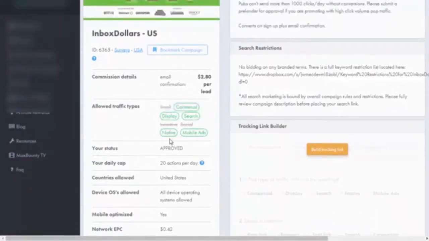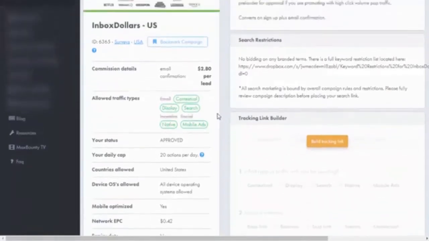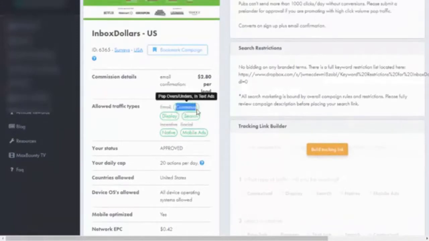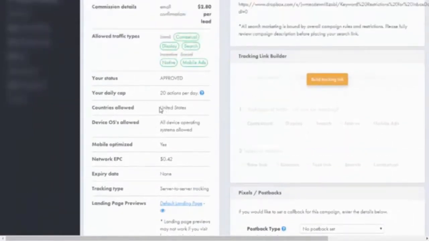So this is great, and you can use contextual, search and mobile ads. Okay, I will show you exactly how you can use contextual using your banner from Max Bounty. Now this is very important.